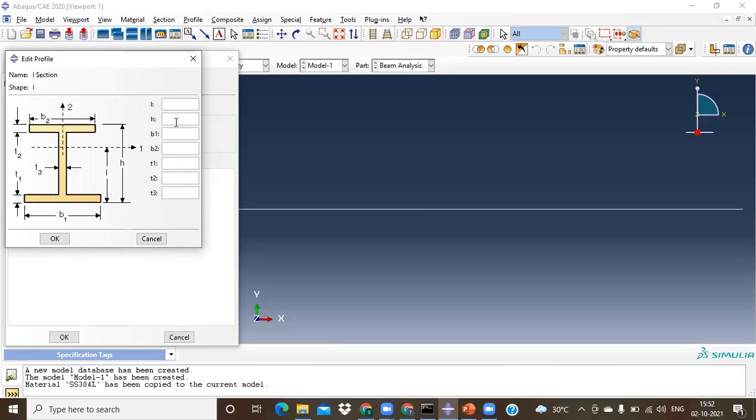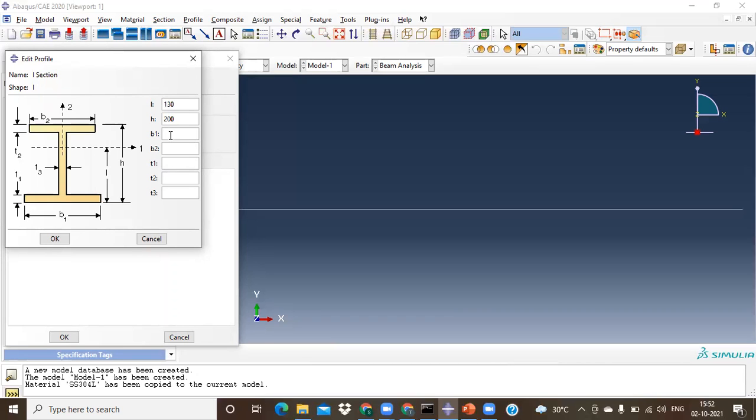Let's say my height is some 200 mm. 200 mm is my height. And from my center of gravity to this particular length, it might be around 150, or we can go 120 or 135. And B1 is the complete width of it.